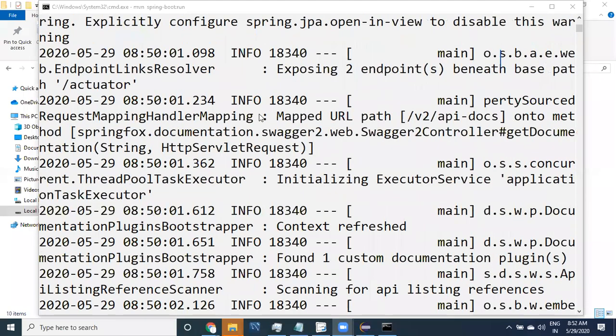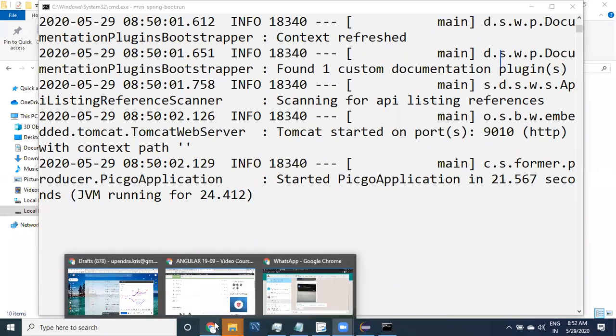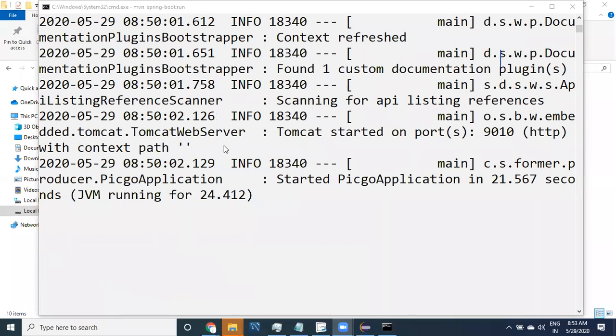Now we have to test it from the front end, guys. Before calling these REST services, I really want to know what REST services are available in this backend application, and then I would like to test it. Before using it in the front end application, I want to test it in a tool called Postman.